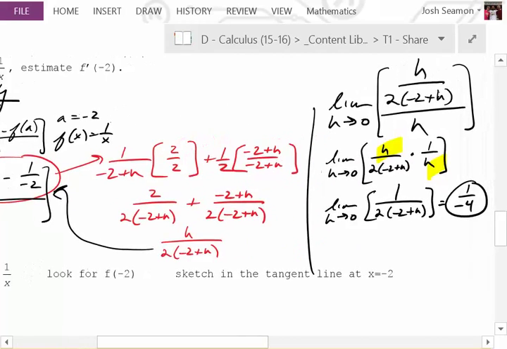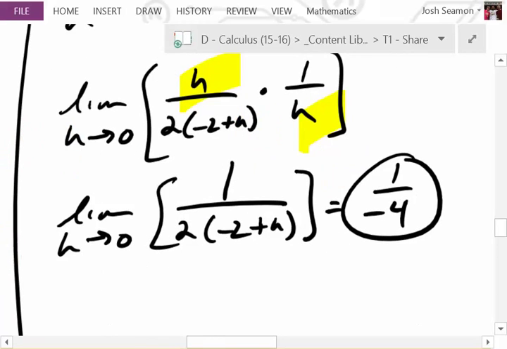Wait, can you go to the last step again? Right here, so I have this step. I've got